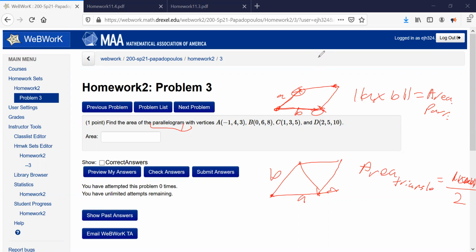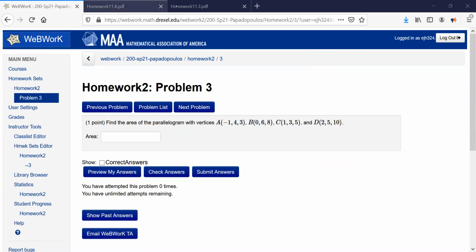That's something that comes up that it's worth knowing. And then you can,